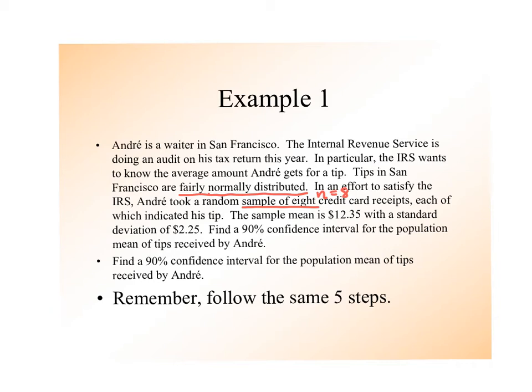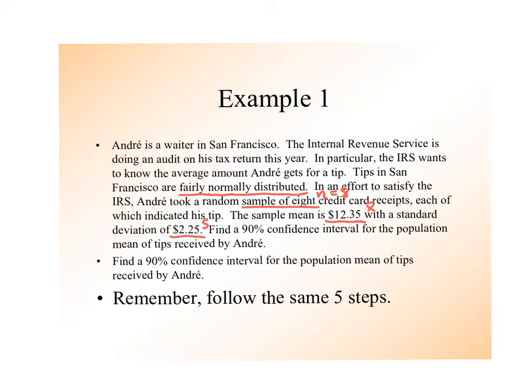So notice, they gave us another value here. 12.35 is the sample mean, so that's x bar. Now, for the standard deviation, did they give us the symbol of the sigma? No, right? So they said the sample mean is this with a standard deviation of this. So this 2.25 is my S. It's not sigma,